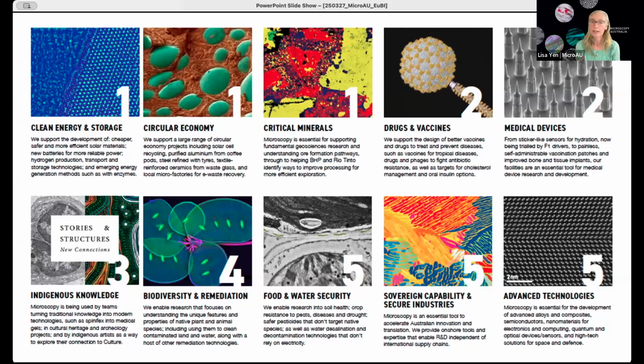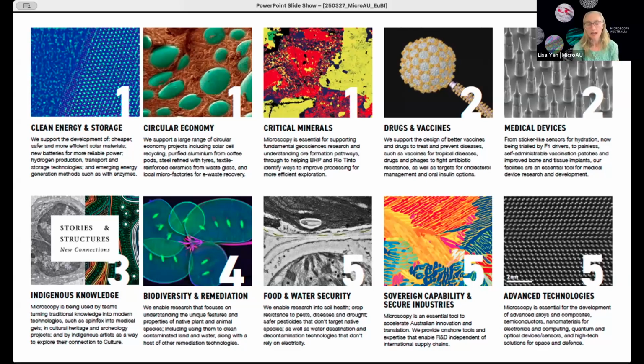Thinking about a circular economy in terms of how you can recycle waste so there's a net benefit. And of course, because Australia has a really strong focus on critical minerals and resources, also how can you maximise the ways they're processed within Australia to again benefit their potential use for energy solutions for the future. Also thinking about healthy communities when we start thinking about drugs and medication solutions, vaccinations, but also devices.